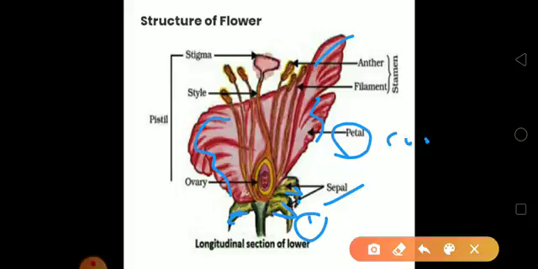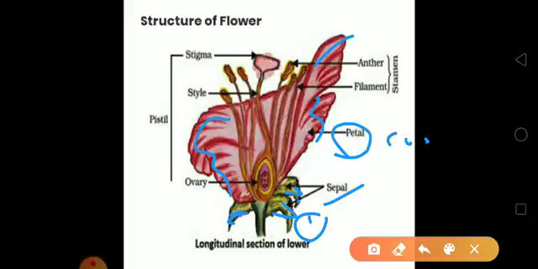This color is helpful to attract insects for pollination, right? Calyx and corolla are non-essential parts of the flower because they are not directly involved in the reproduction process, right?